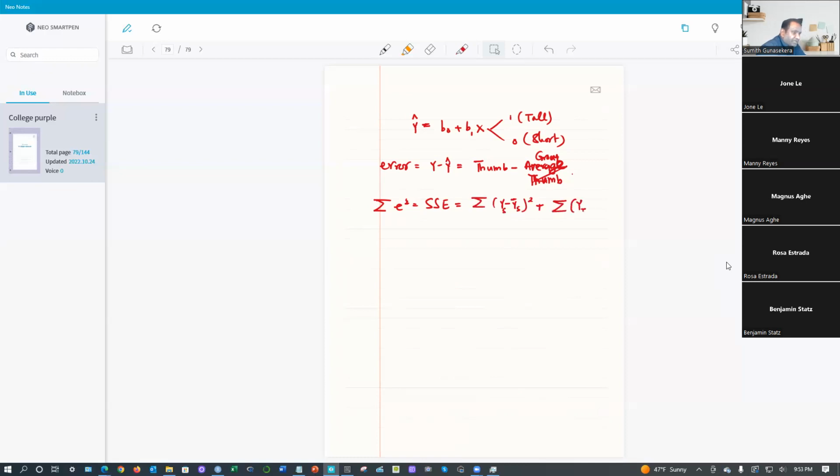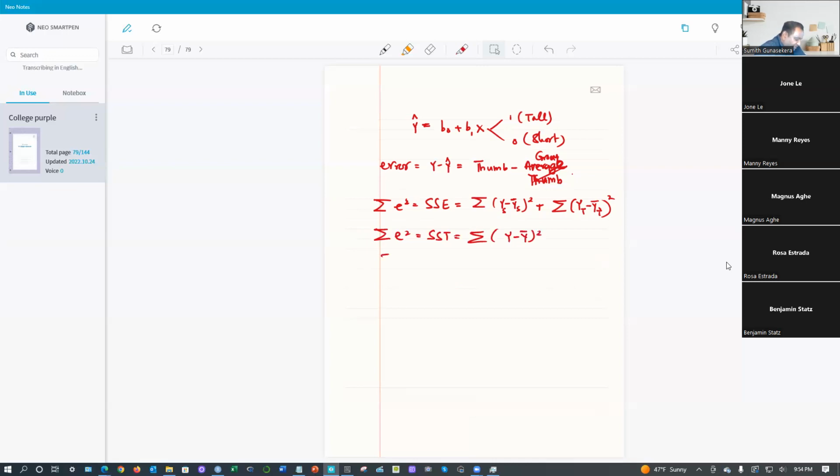See, square. That's how they got that one. Summing, you sum them up. Sum squared error. In addition to that, there's another error. It's called sum squared total. It's measured with respect to what? Everyone, with respect to the grand mean. Y minus y bar, grand mean, squared. See, another error.